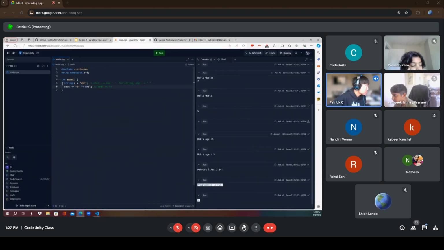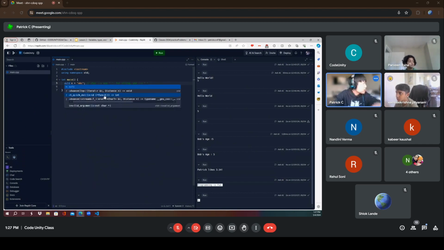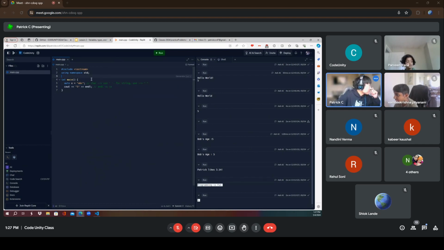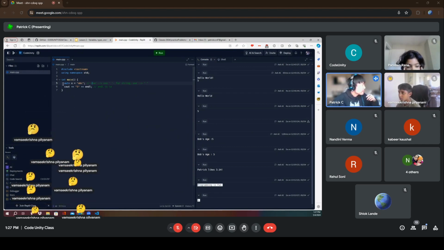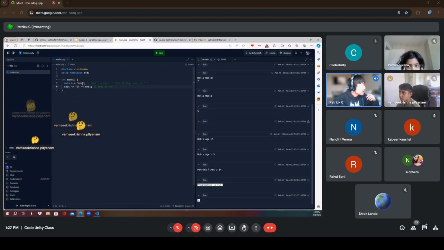So again, this is back to the example, string x equals ABC. But what if I don't want to type string? What if I forget if this is a string or a character? What if I don't remember? Well, just type auto. C++ just does it for you. Auto technically means automatic, so you don't have to do anything. This works perfectly fine. There are no errors or anything, so that should be good.